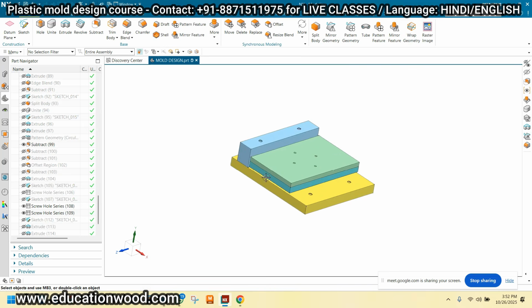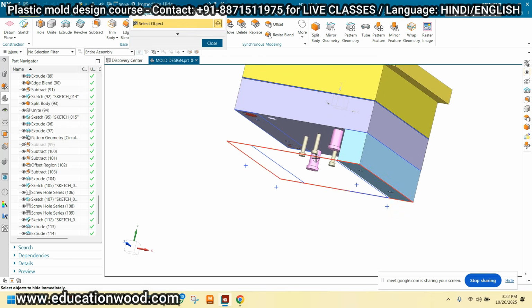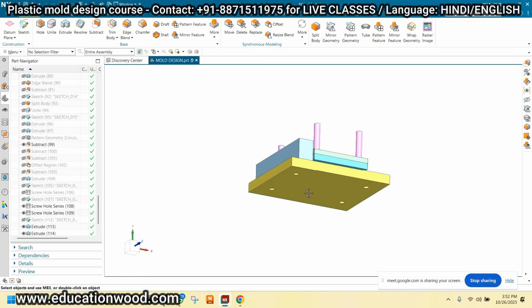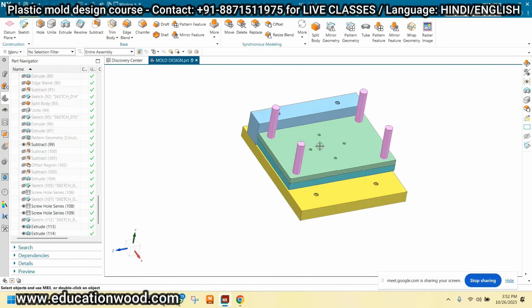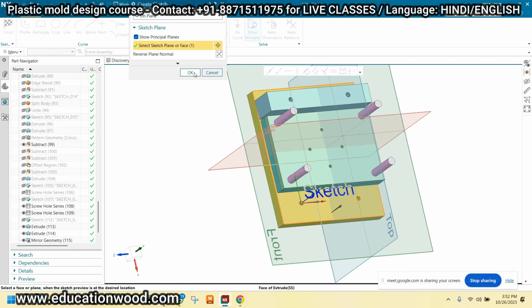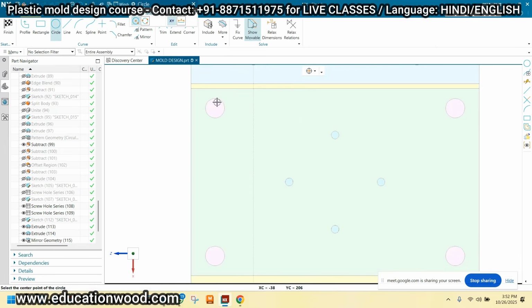Now for example, one, two, three. I'm providing one guide pillar. You need four guide pillars, just providing here at this location.